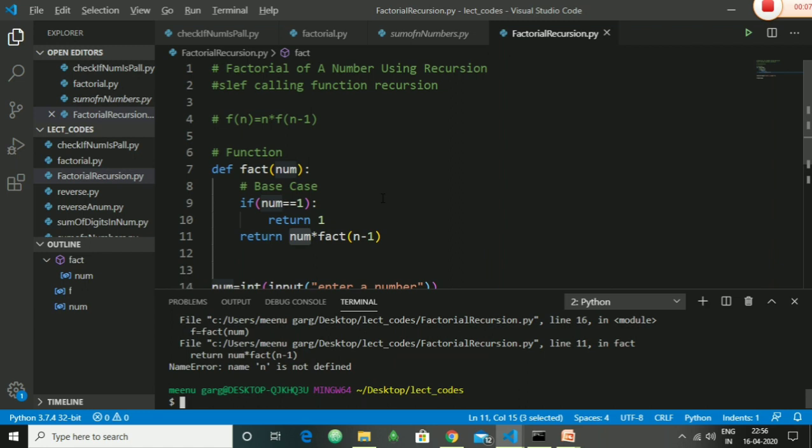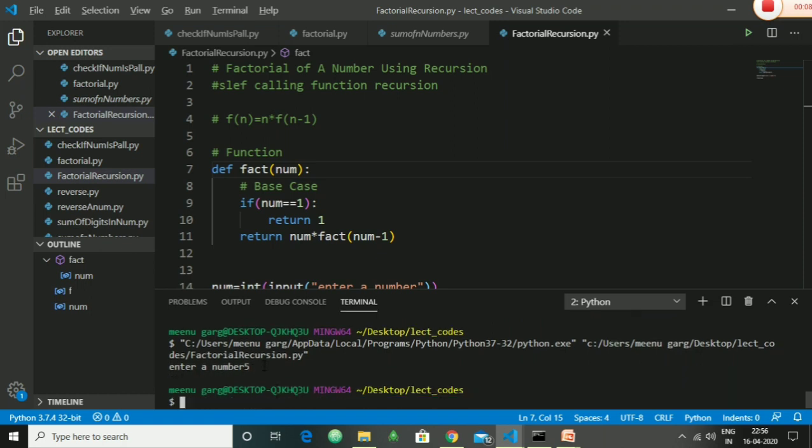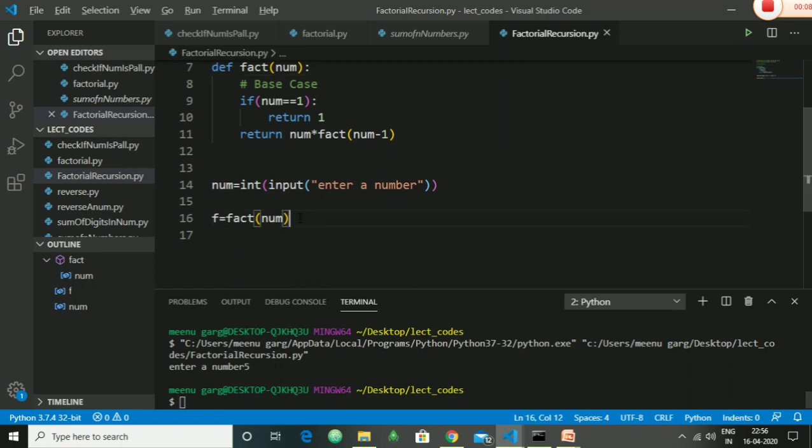Oh my bad. Over here, as you can see, it's not necessary that your code runs in one go. There are errors which we have to read and rectify to find what the problem was. Okay, we are not printing it.